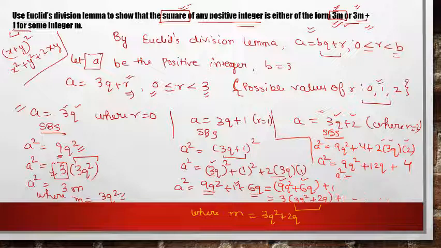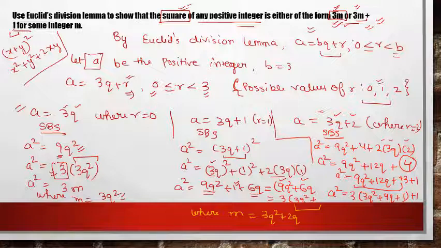let me remove this part. Okay, so see, we only have to make 3m plus 1, correct? So let's split this 4 into 3 plus 1. Okay, we can write 4 as 3 plus 1. Now what is with us is 9q square plus 12q plus 3 plus 1. So what we will do, we can take 3 common from this part. What is left? 3q square, 3 4s are 12q plus 3 1s are 3. And what is there? Plus 1.